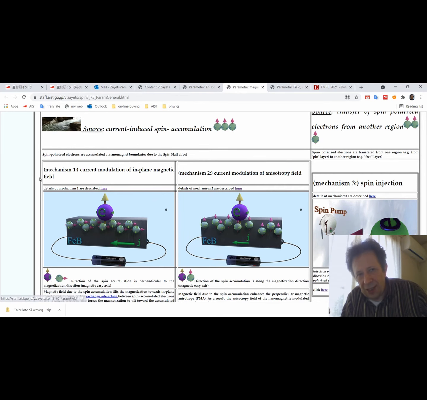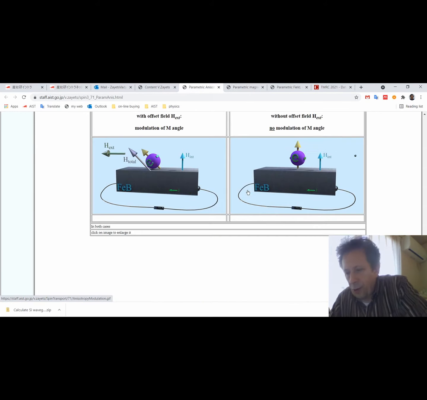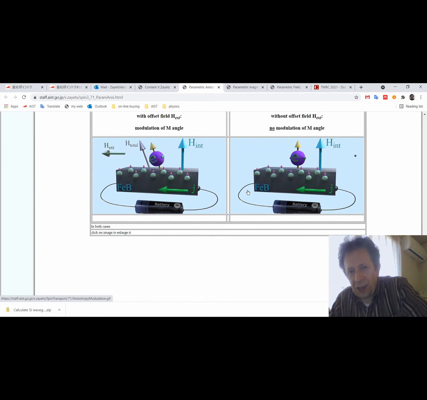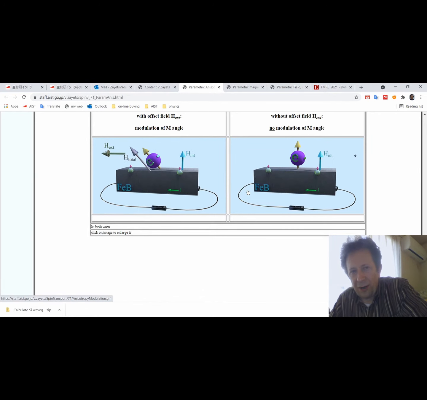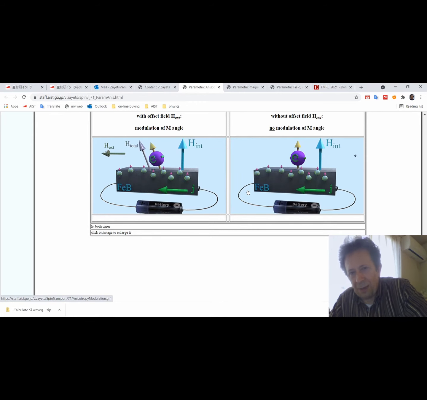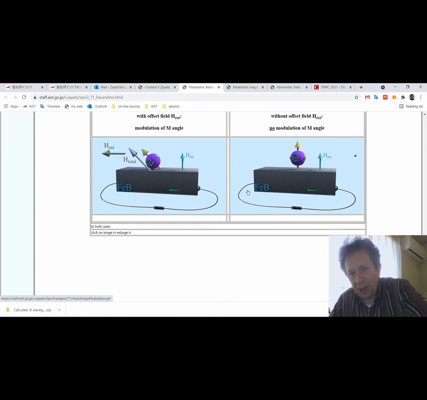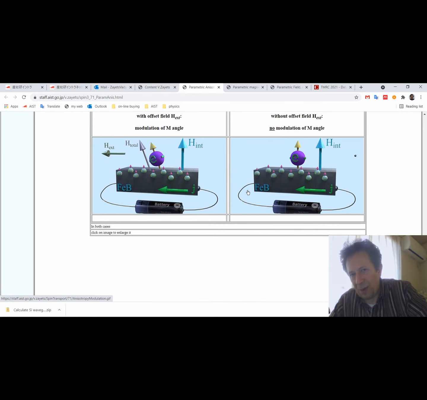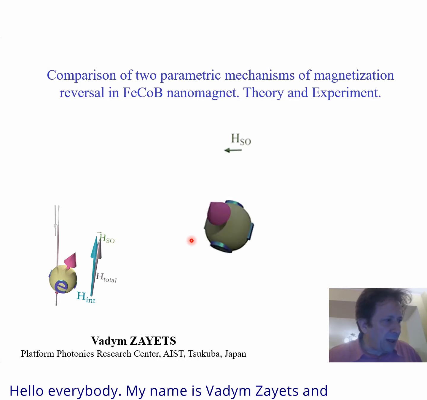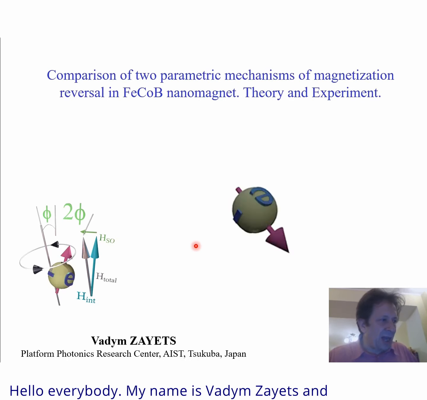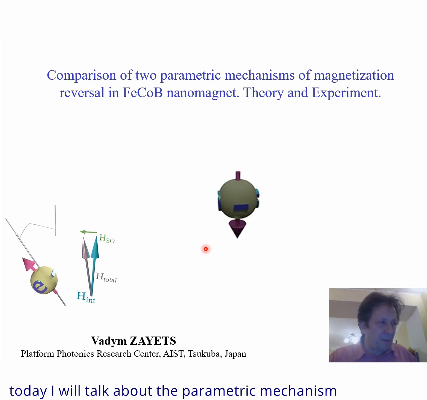In this case, same as for mechanism 1, Cant induced spin accumulation due to Hall effect affects the anisotropy field. Also, I would like to apologize that in the talk several times I use the term paramagnetic instead of parametric. It is always parametric. Hello everybody, my name is Vadim Zayats, and today I will talk about the parametric mechanism